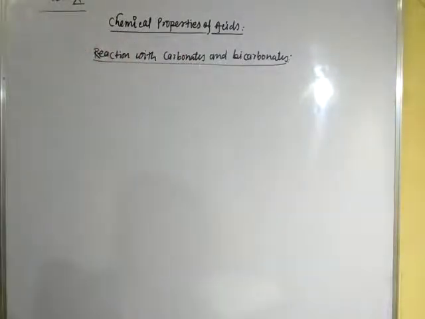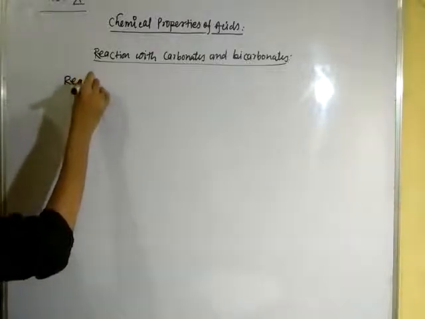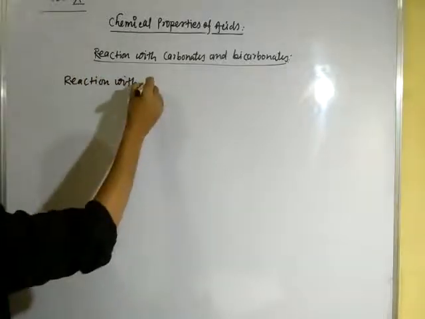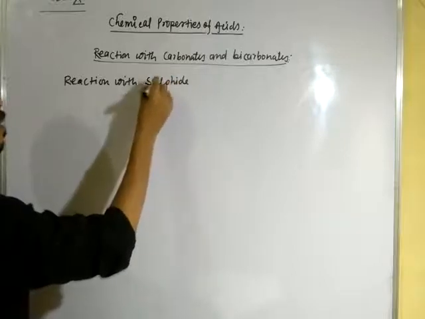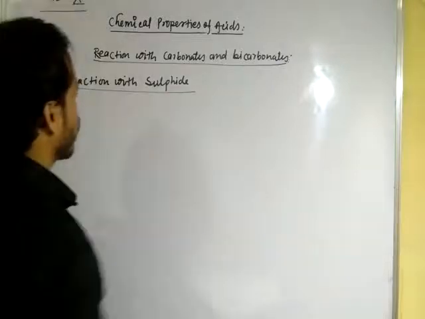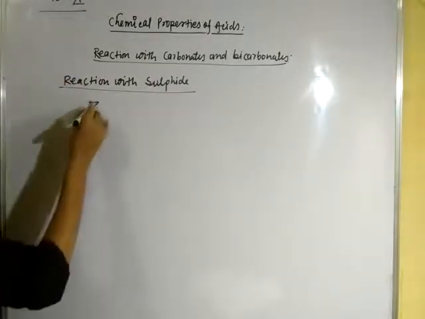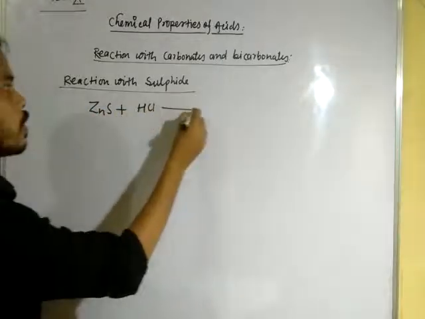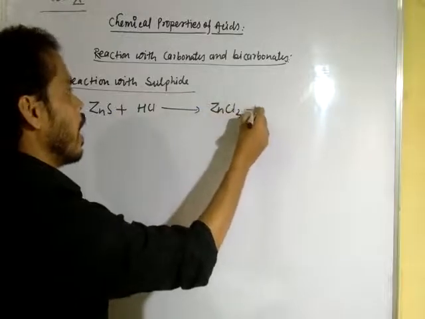Okay. Now see here, reaction with sulfide. Now when any sulfide like zinc sulfide is treated with HCl, it forms zinc chloride, ZnCl2, and